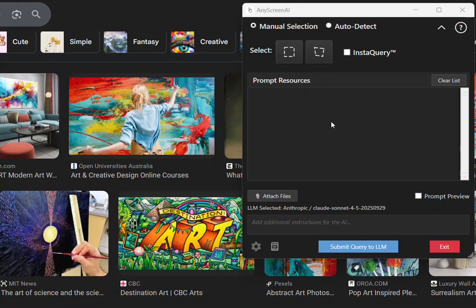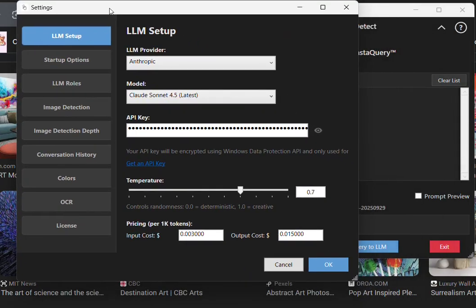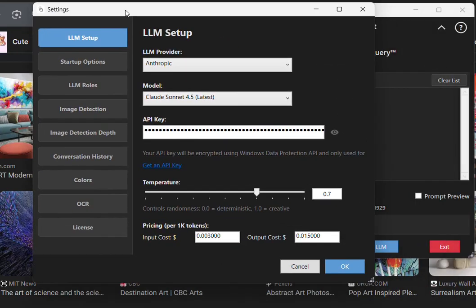All right, let's take a look at settings in AnyScreen. So the settings button is down here on the bottom left, the little gear icon. Come into settings, I'll bring this over here. Just happen to be on an art web page,